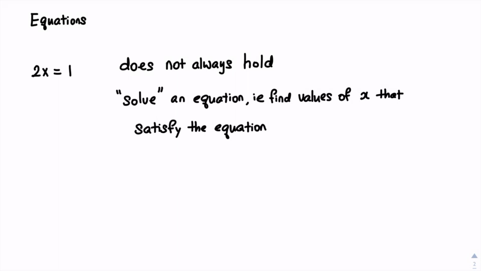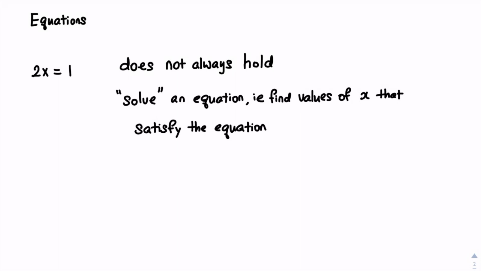What are equations? This is an example of an equation. And the thing about equations is that they do not always hold. With an equation, what we do is we try to solve the equation. That is, in this case, to find the values of x that make the equation true. And so in this case, all of us know that if x equals a half, then 2x equals